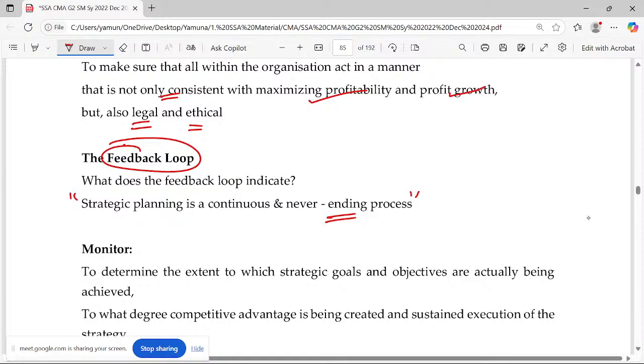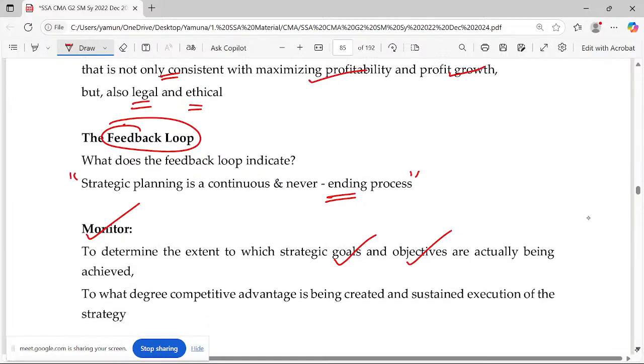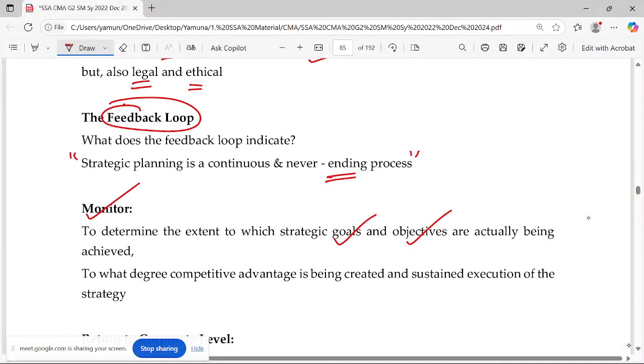Discuss, which means you have to write all the points, okay? And please monitor how far the goals and the objectives are being achieved. If it's not achieved, it means you are not working properly. Probably you might have properly formulated, but you're not properly implementing. That may be one case. Or you did not formulate it properly, even though you properly implement, then it's a waste of life. So you have to formulate properly and that should be properly implemented also. Everything has to be done in a better way. But if it's not happening, then you're not going to achieve.